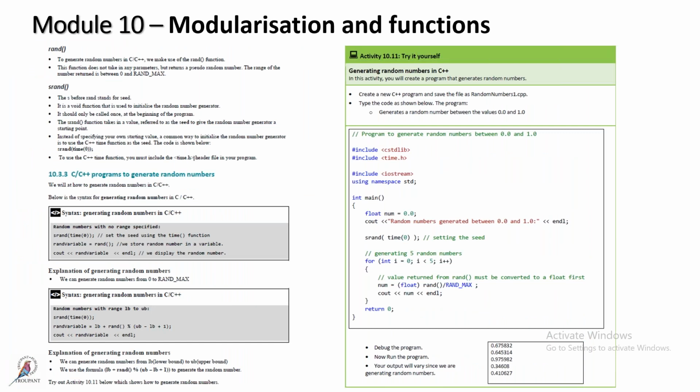Okay, module 10. Again, like I said, we make use of math functions. So we've got some here like the round, the SRAM, the random functions. Okay, generating random numbers, how it can be used in C++. Again, we show you, we explain the functions, how they work. We explain the syntax, what are the rules for using them, the different functions, and then we do the example